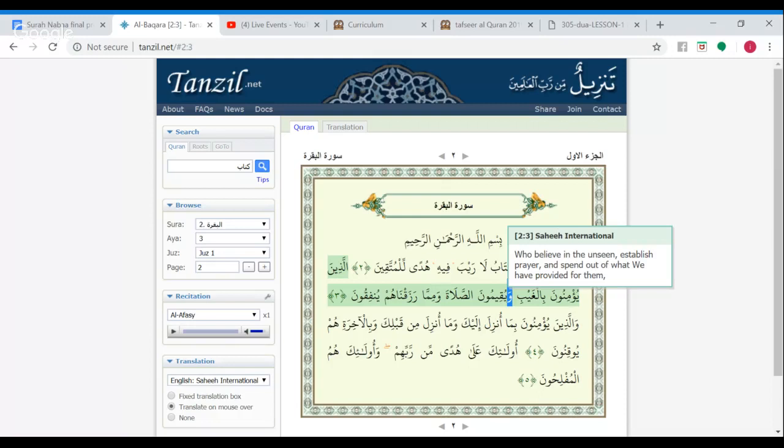It's basically not a noun, it's a verb. They establish. So yuqimuna is not a noun. Plus wow, this wow is a connector wow. This wow means and, and it has nothing to do with the harf jar. Okay, now